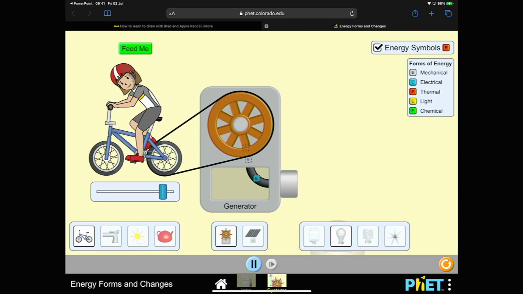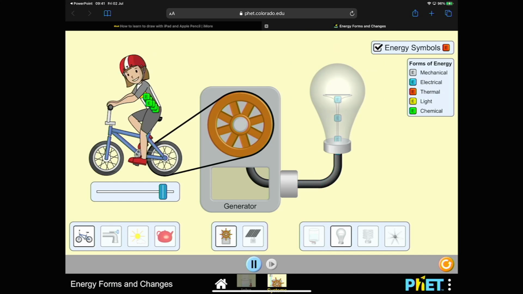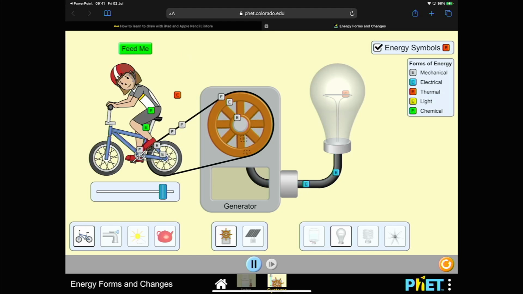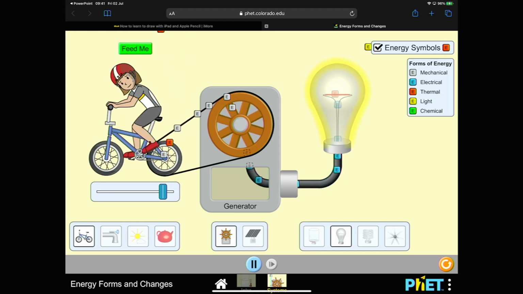Let's take a globe, and we take exactly the same mechanism. We are feeding the rider. There's lots of energy being released, chemical energy going into mechanical, going onto electrical energy, and look at this. It is gathering on the resistance of this lamp, and can you see there's yellow light energy being released.